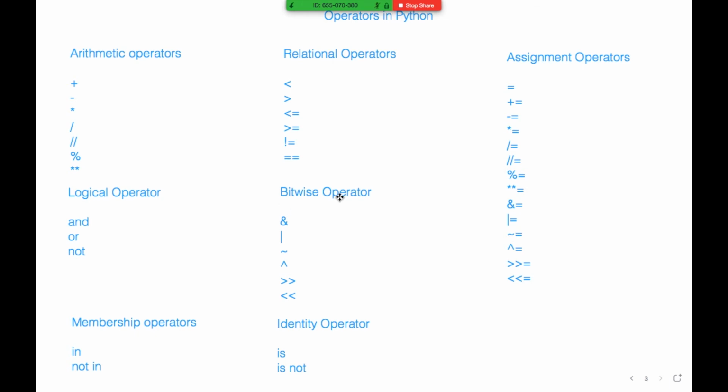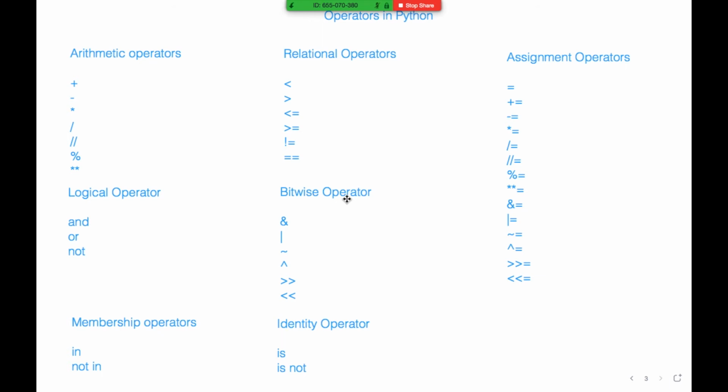Bitwise operators are used for bitwise manipulation. In a computer, every value is stored in binary format. Binary format means it's 1s or 0s, so those are bits.